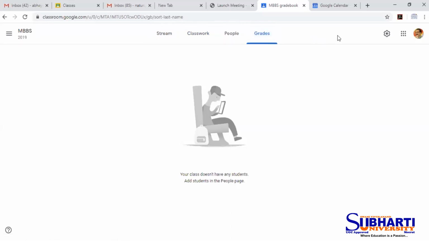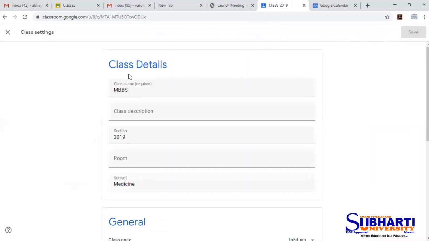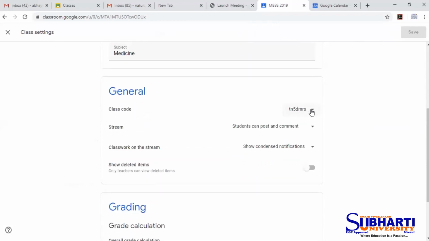Now, other things available in Google Classroom are the settings tab here. When you go to the settings, the class details will be shown to you. The class code will be shown. This class code can be reset, it can be disabled, or it can be copied, and also it can be displayed. In the stream, again, there is a setting for whether students can post and comment.